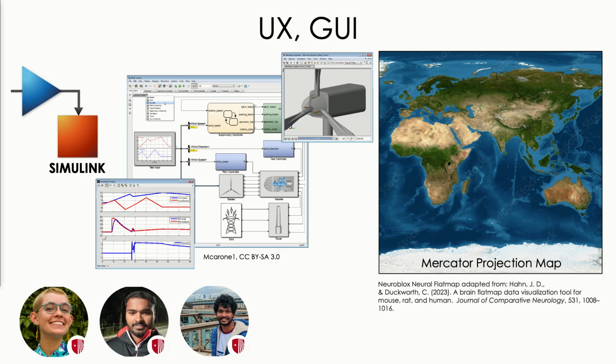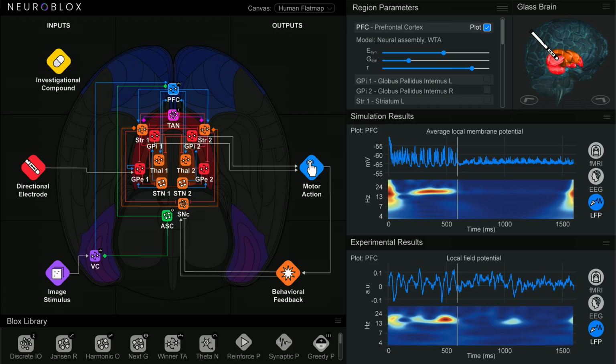And so we had to come up with a way of doing this that would allow the entire circuit to be visible at once. And so, kind of inspired by a Mercator projection map, we thought, okay, can we actually create a flat map representation of the entire brain? And we were able to make use of some wonderful work by Hahn and Duckworth in 2023 that did exactly that, and we were able to adapt from this. So here is the